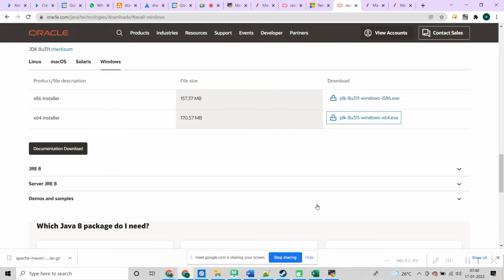Okay, Java link. Shall I share the link again or did you find it? I got it. Download Java. Yes, it is under Windows. I have just sent you the link and it will directly download the required software.